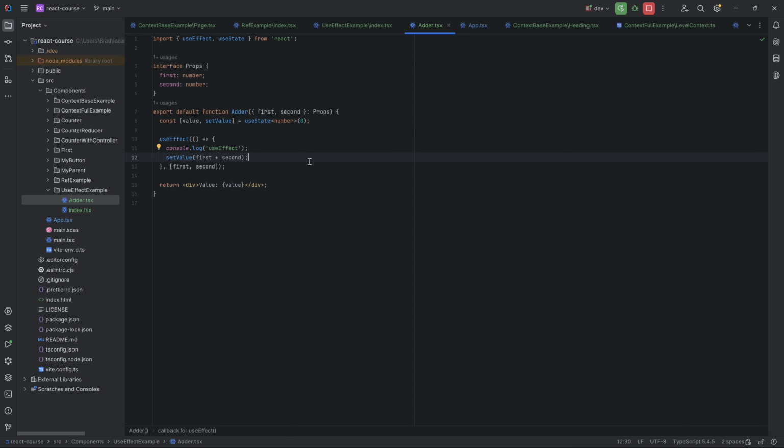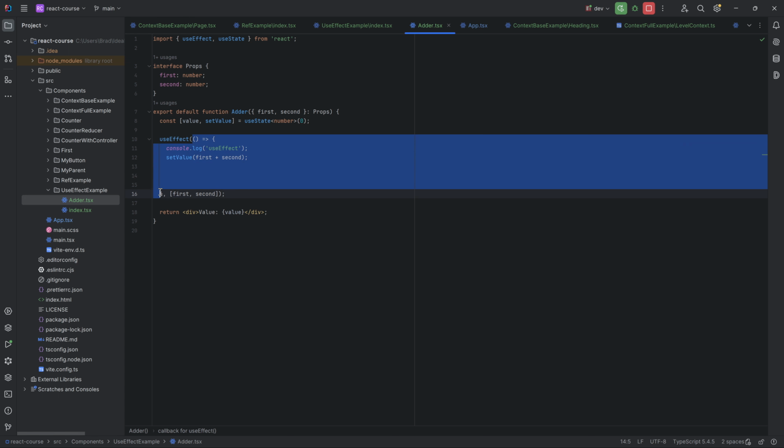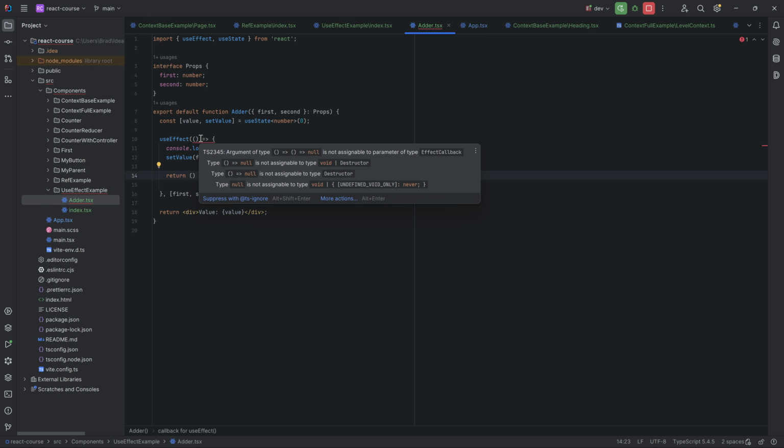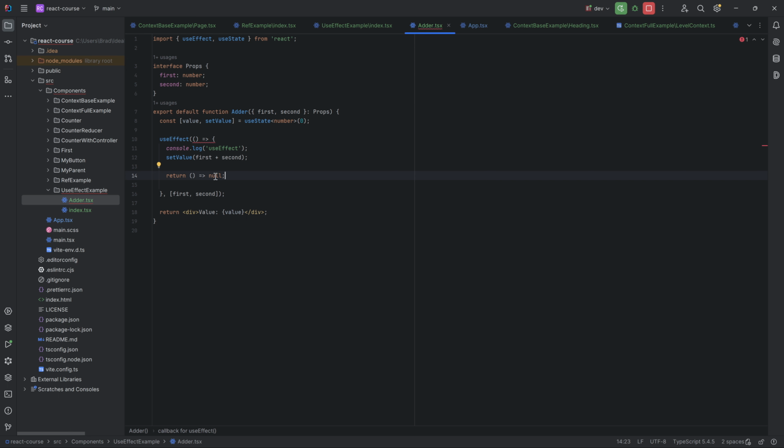Now, there's one thing that I haven't talked about here with useEffect, and it's that you can return a function from this inner function here, right? So I can return some other function like so. Although this doesn't actually do anything, so it's not that helpful, but